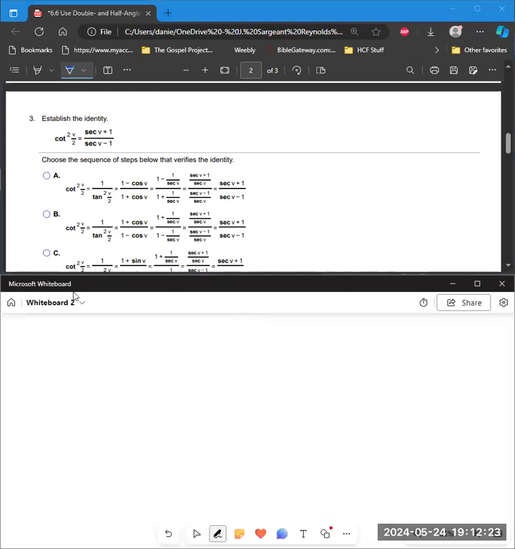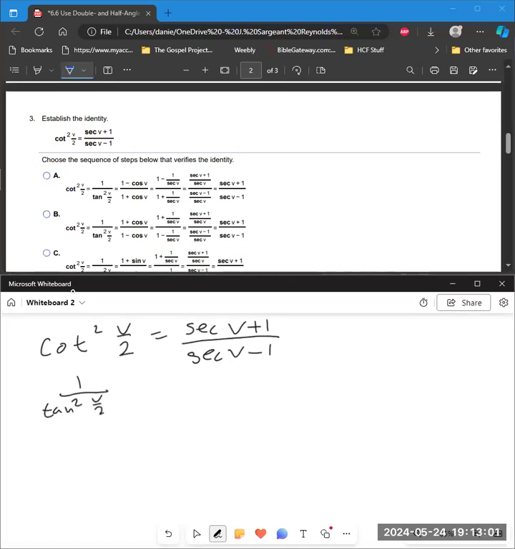We want to establish the identity that cotangent squared of v over 2 is equal to secant of v plus 1 over secant of v minus 1. So we have a couple things going on here. We have a half angle identity here for cotangent. So let's say that that's going to be the reciprocal of 1 over